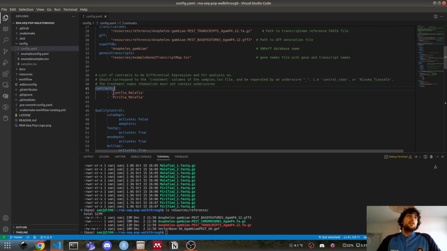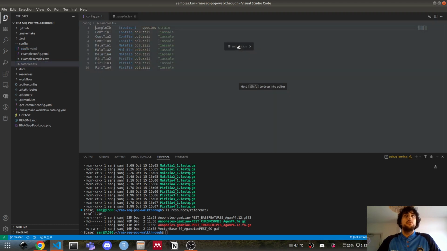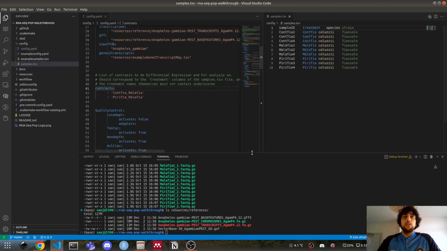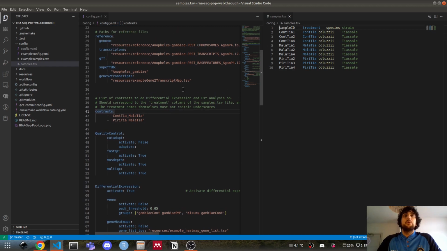So in this case, we'd like to compare. So if we also get up the samples file, let's move that to the side. We can see we have a few treatment groups: CONT-TIR, MALATIR, PIRI-TIR, and essentially here we're comparing the controlled TSLA group to the malathion TSLA group. And the way that this is done is that the